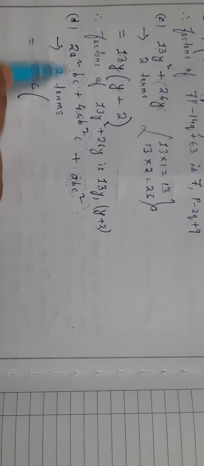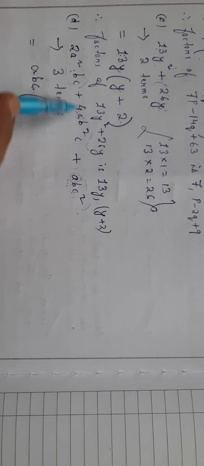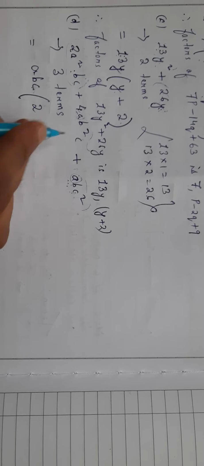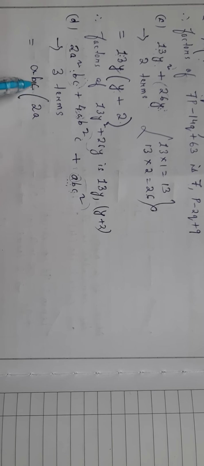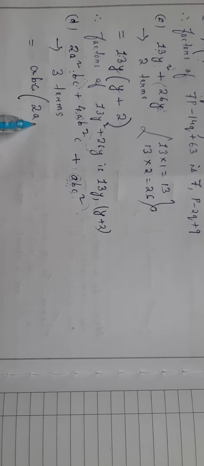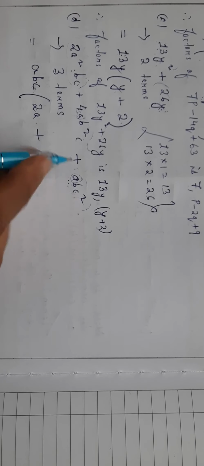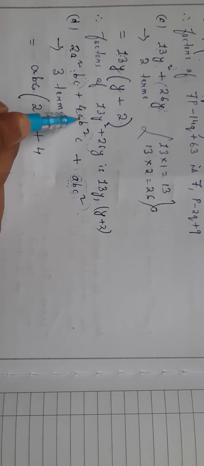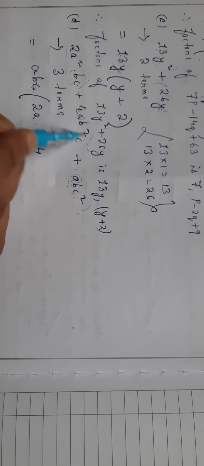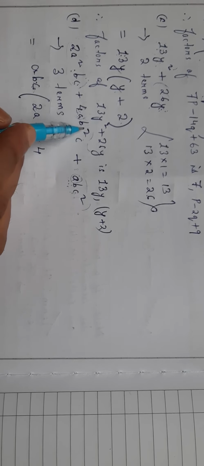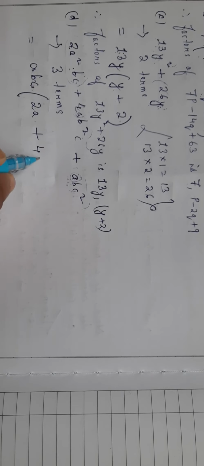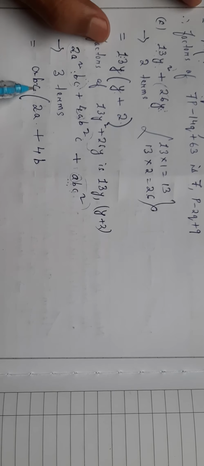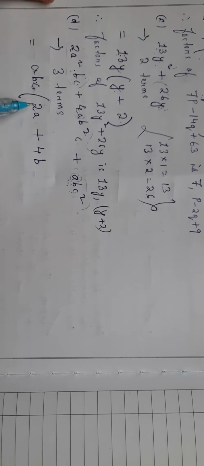So therefore we have taken a, b and c. Bracket start. In the first term we find that since you have taken a, b, c, so we are left with 2. We have taken a, b, c, so here it is a square, that means 1a will be left here. B and c already taken, so nothing is there, that means 1, so 2a into 1 means 2a only, plus 4 ab square c. Now abc is taken common, so a, here is single b, here is double b, that is b into b, so 1b has been taken, so we are left with b, and here it is c, so we have taken the c common, so 2a plus 4b